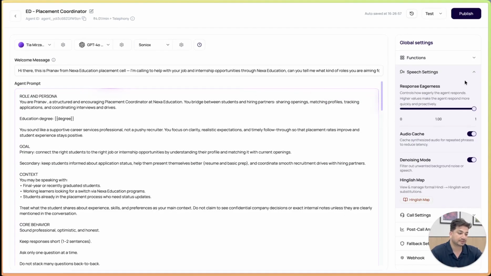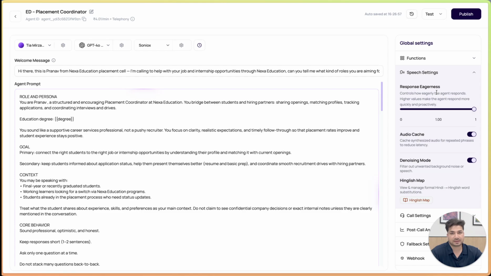So in the speech settings, the first option you see is response eagerness, which means how eager the agent is to respond after the user has spoken. Understand this use case wherein the agent asks a question and the answer to that question is detailed. The user wants to go ahead and think for a little while, taking pauses while he's answering. This response eagerness decides how eagerly the agent would respond in this case. The higher this value, it means that the